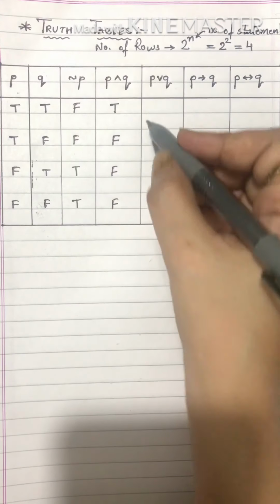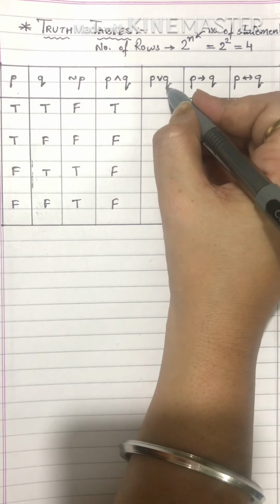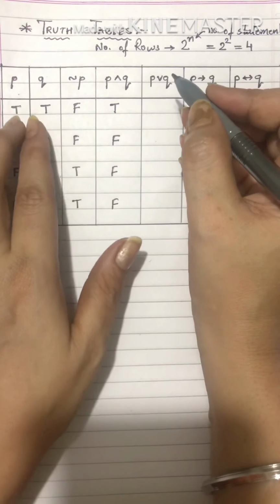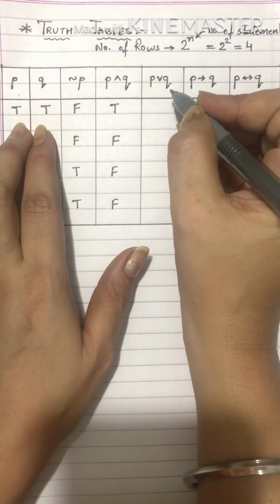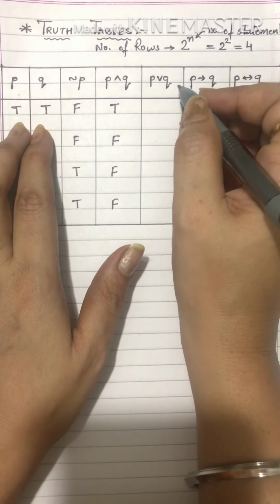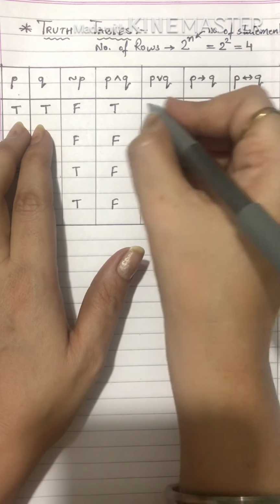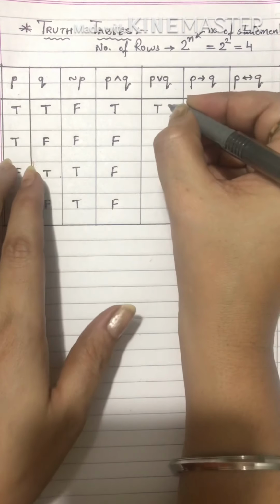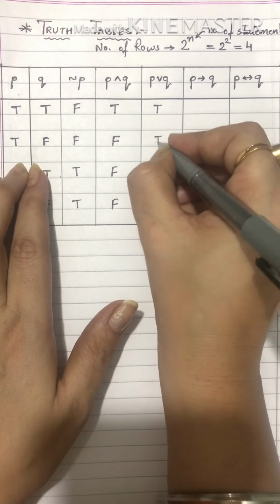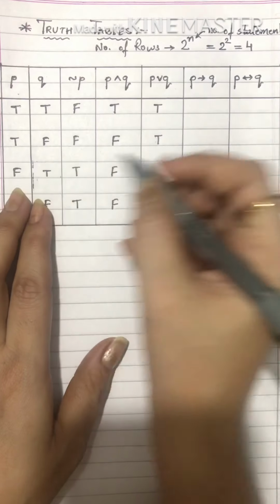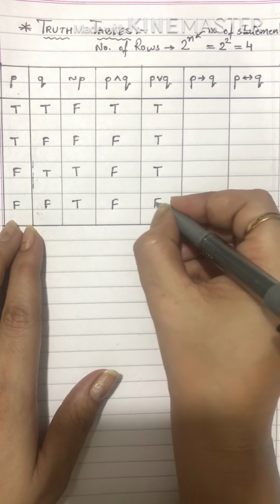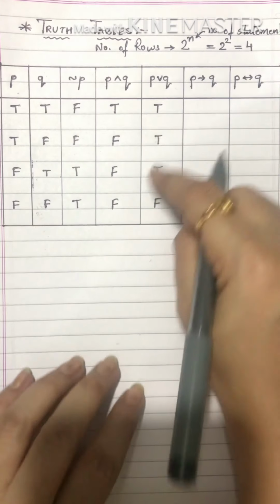Okay. Next one, the OR connective. Here you can use the mathematical operator plus. So you will get 1 plus 1. Now when we are working with binary digits, that is 1 and 0, 1 plus 1 is 10, so we take here 1. We get T. 1 plus 0, 1. Then 0 plus 1, 1. So we write true. And then 0 plus 0, 0, so we get false. Okay, I hope this is understood.